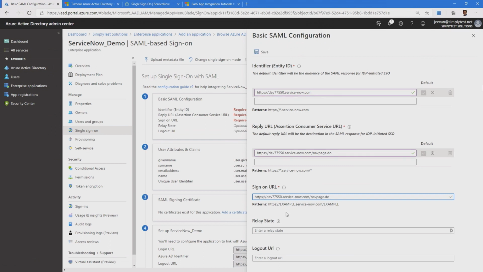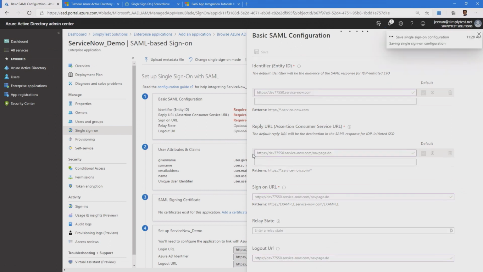Once you have copied these 3 different URLs, you can save this configuration. There is one more thing you can do, which is the logout URL configuration. You can configure the logout URL same as the reply URL for your application, and you can save this configuration. Once you save this configuration, you will be able to see that all these URLs are populated correctly.